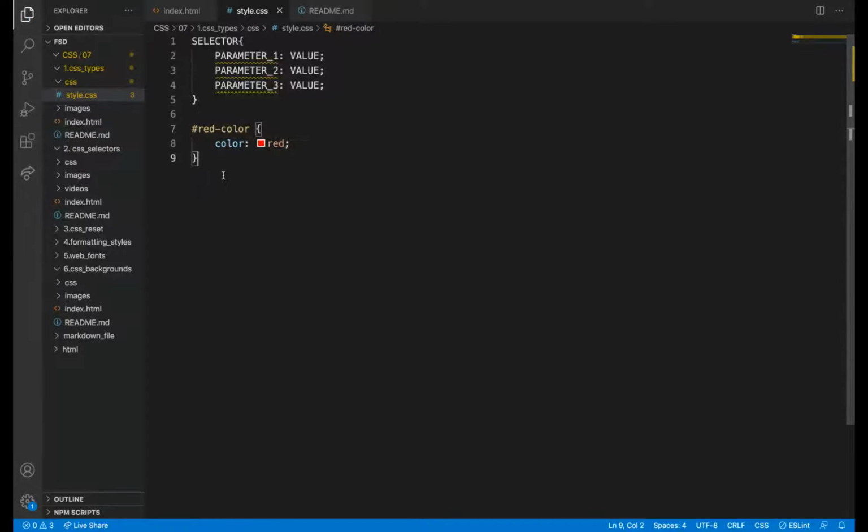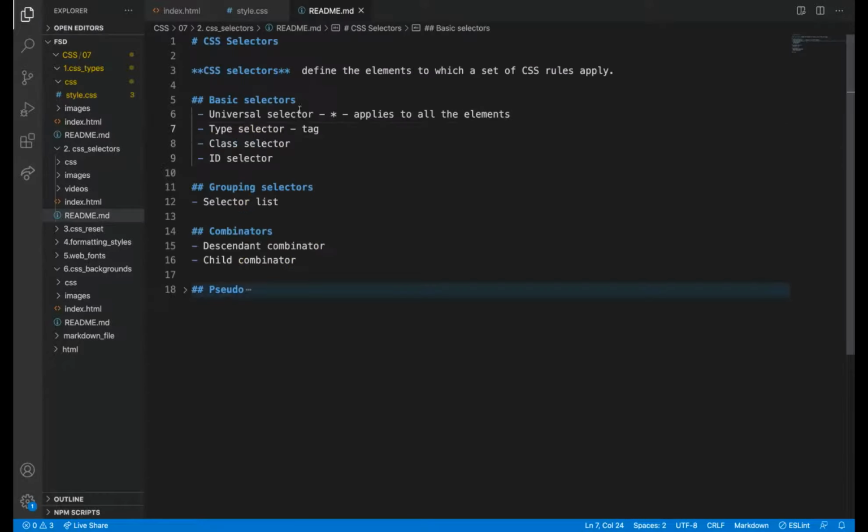For class, I need to start with dot, and then class name and curly brace. Here, hash, and then class name, and then curly brace.